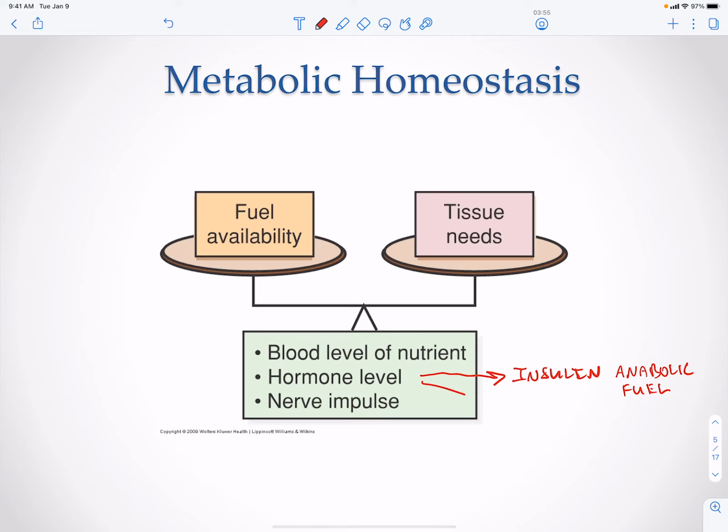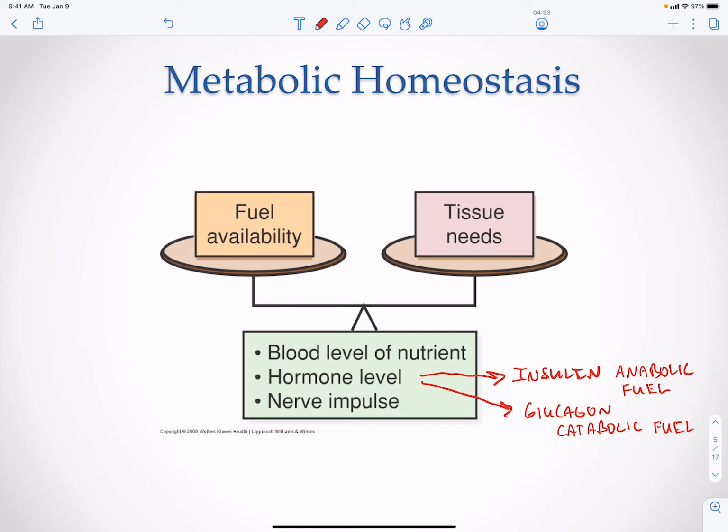And then we're going to have glucagon, which is going to be catabolic for fuel. And why I say fuel is because a cell needs to do what a cell needs to do. If a cell has to make proteins in order to survive, even if it's in the fasting stage when glucagon is signaling, the cells are still going to make proteins that they need to survive. So when we're talking about insulin and glucagon, we're really talking about where is the source of energy coming from for that cell to maintain its function during either the fed state or the fasting state.